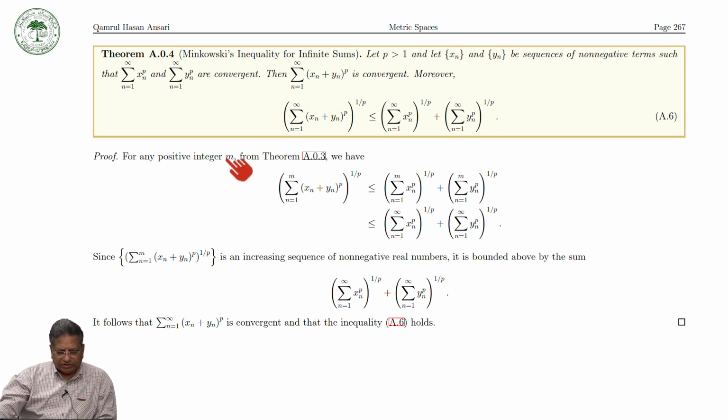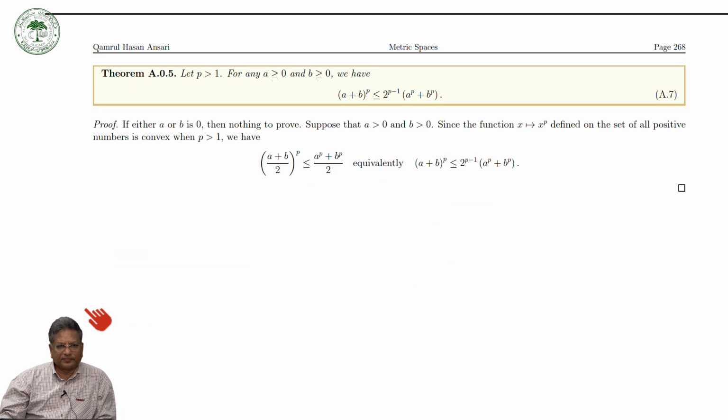For any positive integer n, from the previous theorem we can write this is less than or equal to this one. Now since this is an increasing sequence of non-negative reals, it is bounded above, so it follows that this is convergent and that this holds good. So this is very simple by using the previous result. Now,